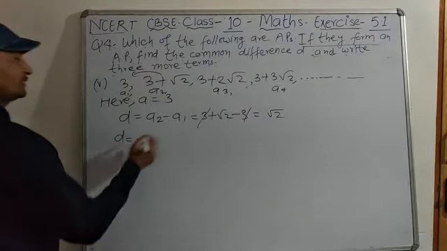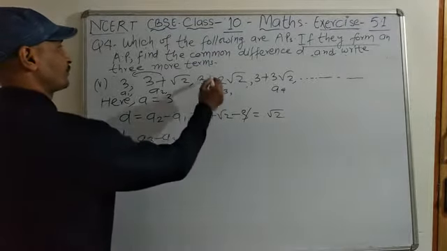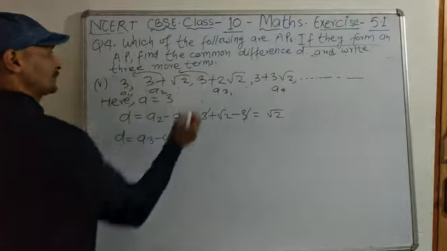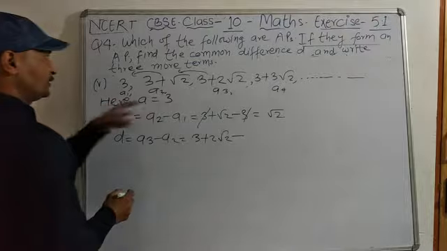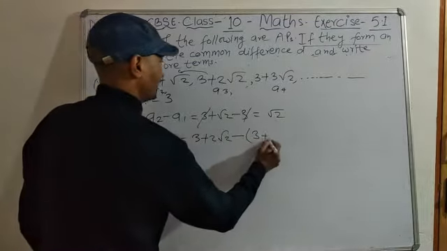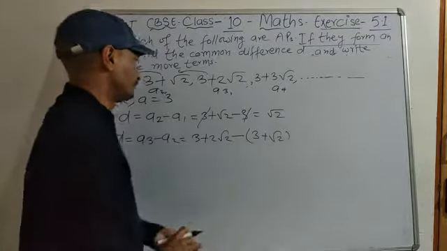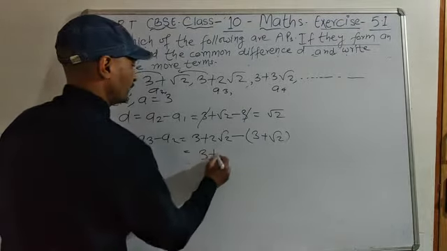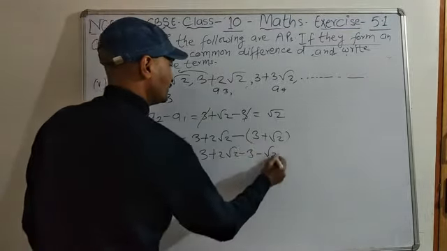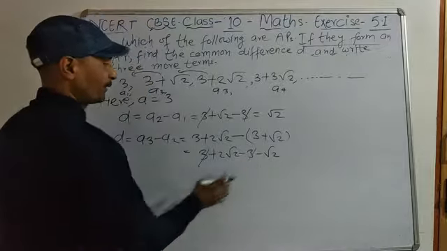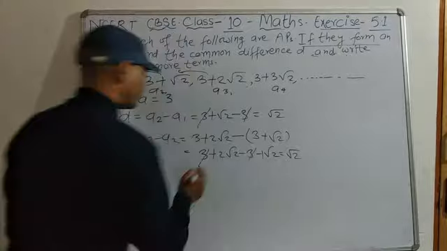Now next common difference is A3 minus A2, subtract here, so A3 is 3 plus 2 root 2 minus A2, so make here bracket, यहाँ bracket बनाएंगे because before this term it is negative. That means 3 plus 2 root 2 minus 3, and due to minus into plus minus root. So here also plus 3 minus 3 cancel. It is 2 root 2 minus root 2, getting 1 root 2.